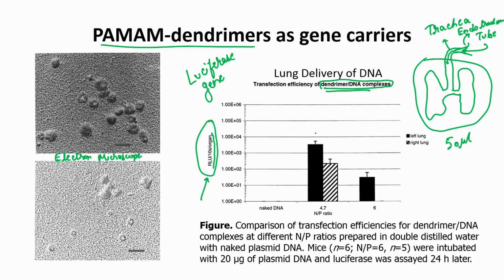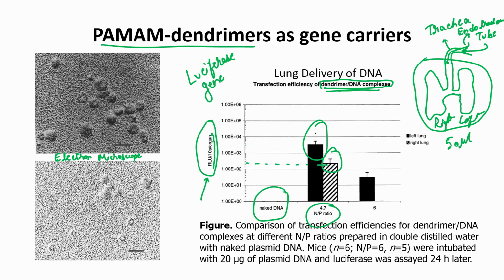10 seconds per organ. So, they see if they inject naked DNA, they do not really get anything, it is almost 0. If they mix the dendrimers and DNA at a certain ratio in both the right lobe and the left lobe, depending on where you are seeing it from the animal perspective. So, let us say this is right and left, and so what you see here is both lobes have quite a high amount of light signal that is being